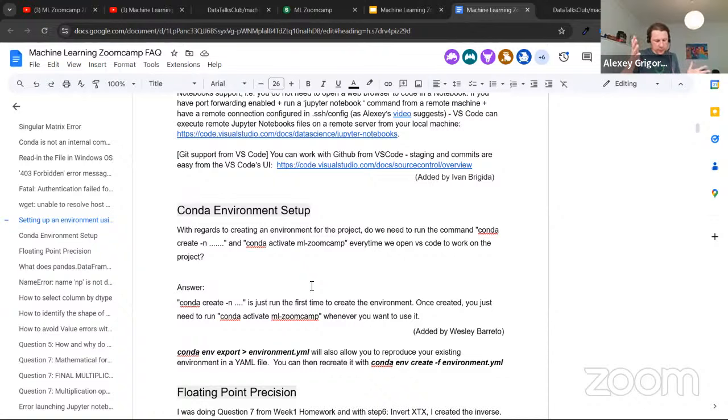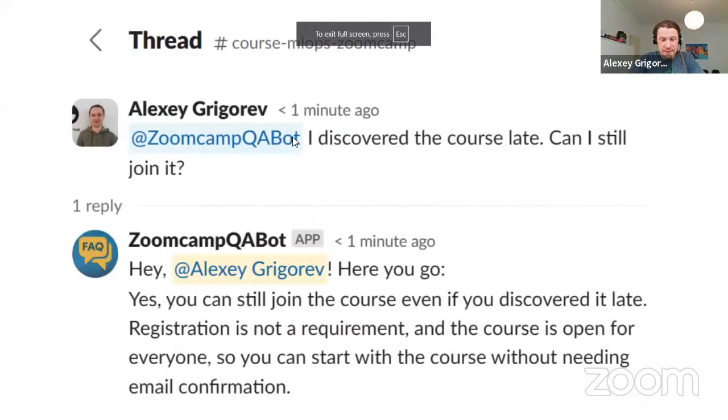And the way you should use it is, let's say you have a problem or question. Your algorithm is, first you check this document. If you cannot find your question here and the answer, then you go to Slack, right? And in Slack, we have this amazing thing. This thing is called Zoomcamp Q&A bot, which was developed by one of our community members, Alex. So thanks, Alex, a lot for developing this bot.